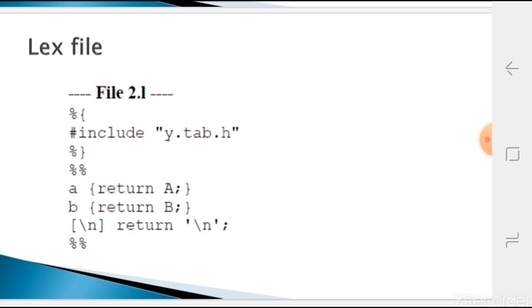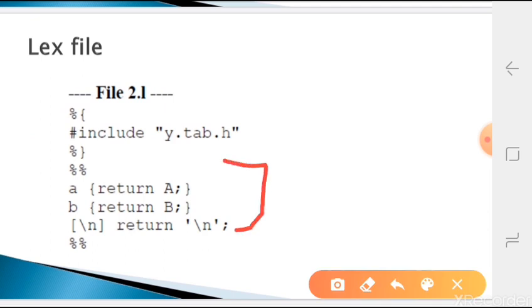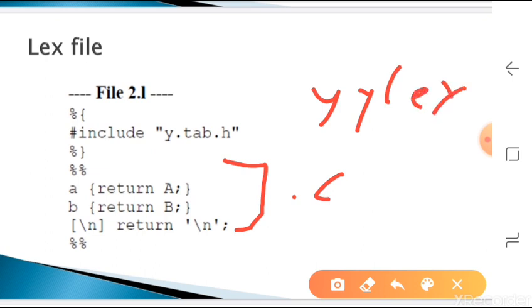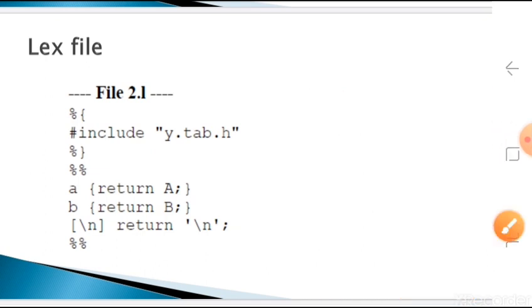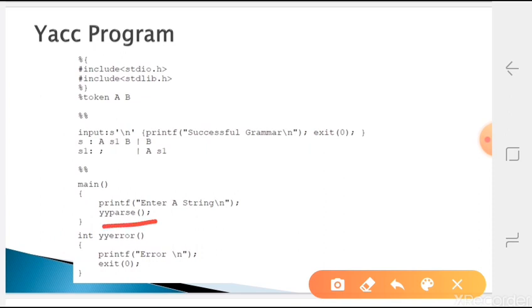And if you observe in lex, this rule section will be converted into a C file and kept in one function called yylex. Here we are not calling yylex, because yyparse will call it internally. The yyparse function has yylex as its first line itself. So it always calls lex, which takes the input, identifies the token, then performs the task written here.